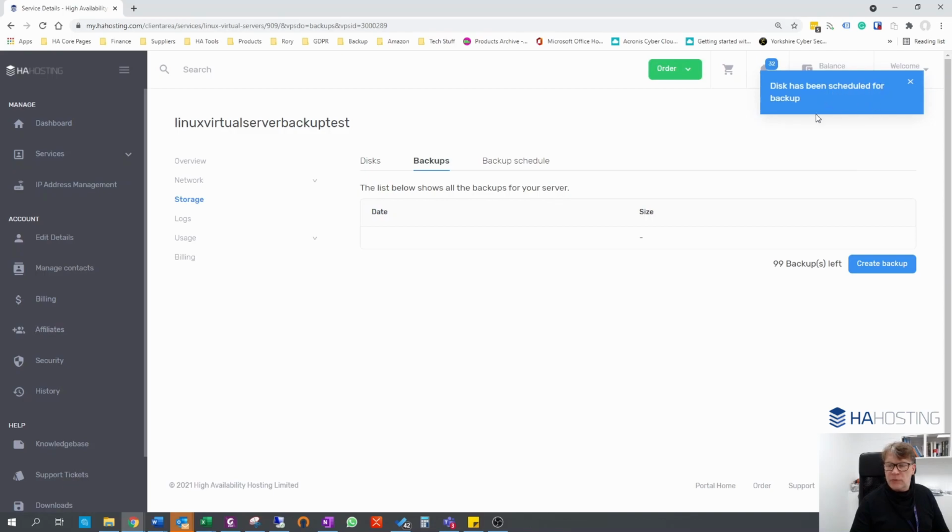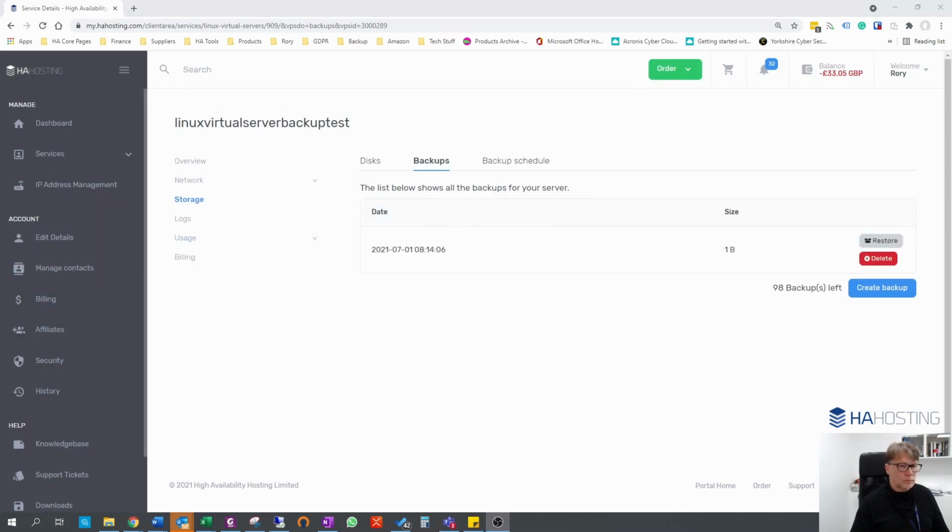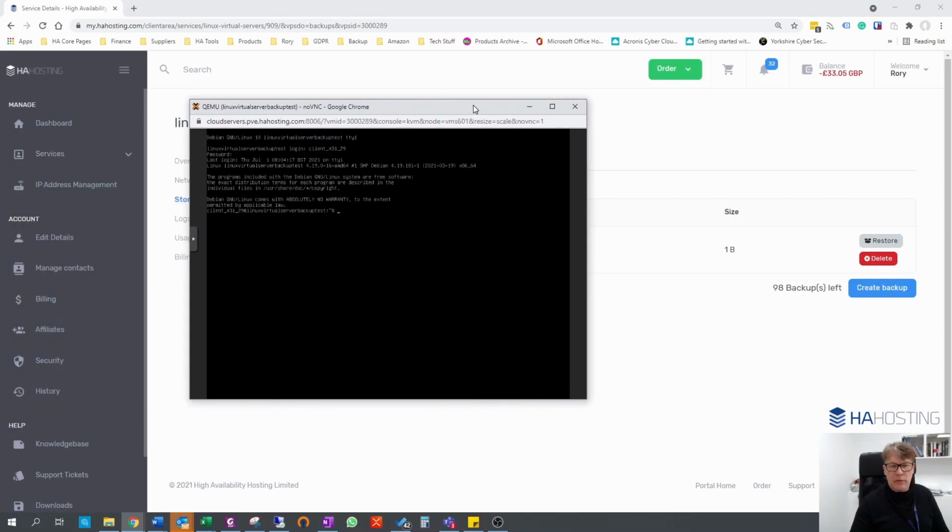Okay, disk has been scheduled for a backup. This will happen in the background, and when it's complete, the backup will show up in here. Okay, so if you refresh the screen after a few minutes, a backup job should appear in here. Gives you the time and date that it was taken. If we go back to our console,